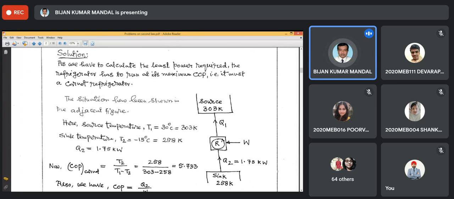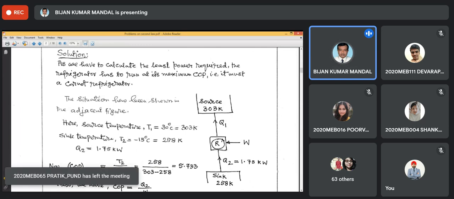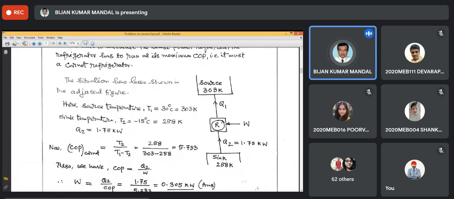So first let us calculate what is the COP of the system. So COP Carnot, we don't need anything else, only the temperature is good enough. So T2 by T1 minus T2, that is equal to 5.733. So that is the COP. This is a very high COP because in an actual case, we never get this. If you run a refrigerator at minus 15 degrees centigrade and 30 degrees centigrade, you will never get it this high because this is very much idealized Carnot. If you get a COP of an actual refrigerator as 2, that is good enough.